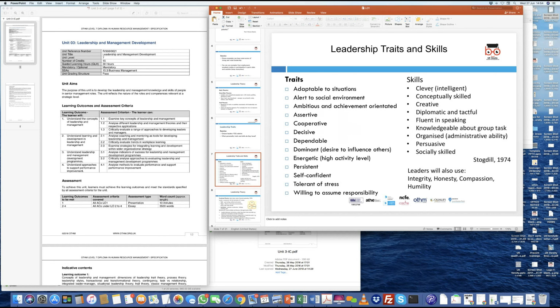But when we look at some of the skills that we can discuss, now skill is you're intelligent. The reason why it is a skill is because it can be measured. I can measure your intelligent quotient, IQ as we call it. And the moment you are able to measure something against a scale, that would become a skill. Conceptually skilled. That means given a project, given a situation, you are able to conceptualize where the problem is, diagnose where the problem is, and that is why it is a skill.